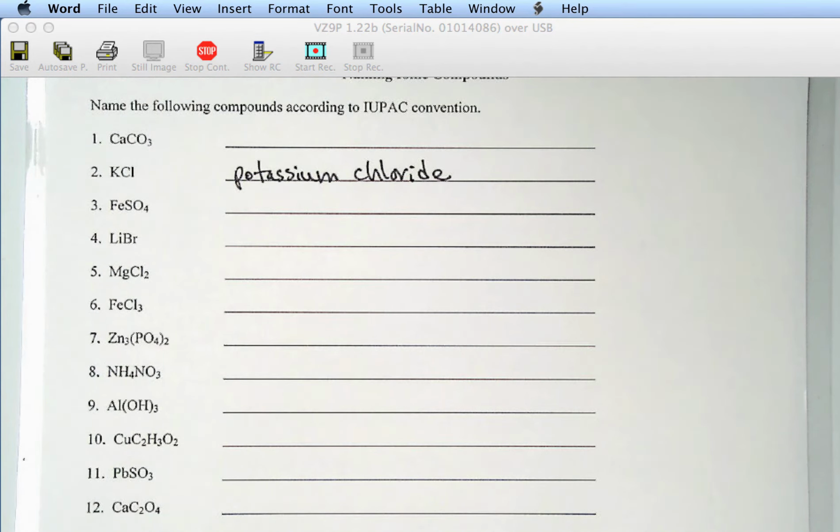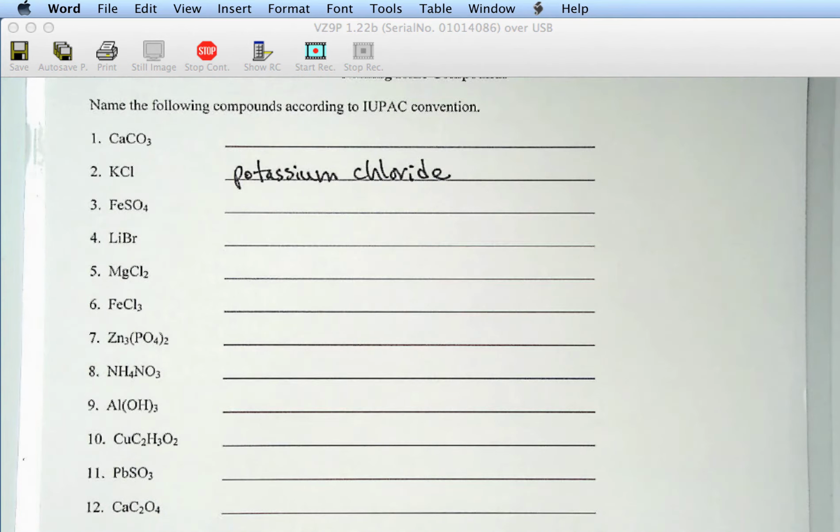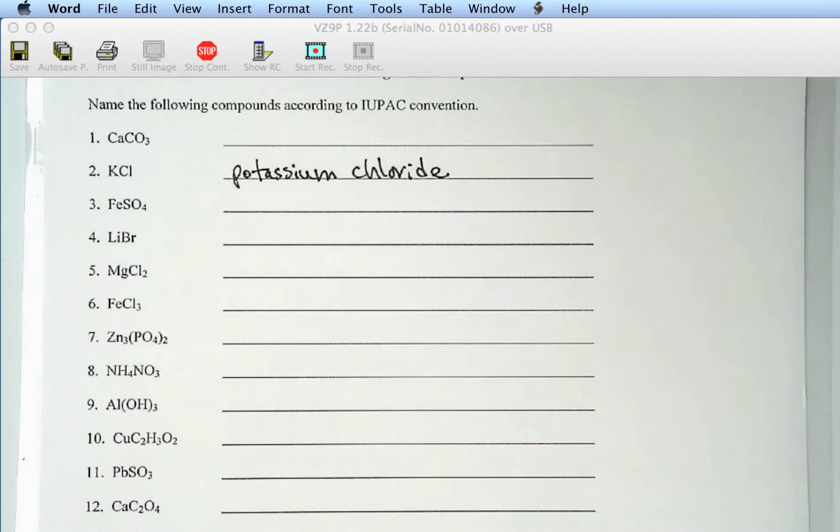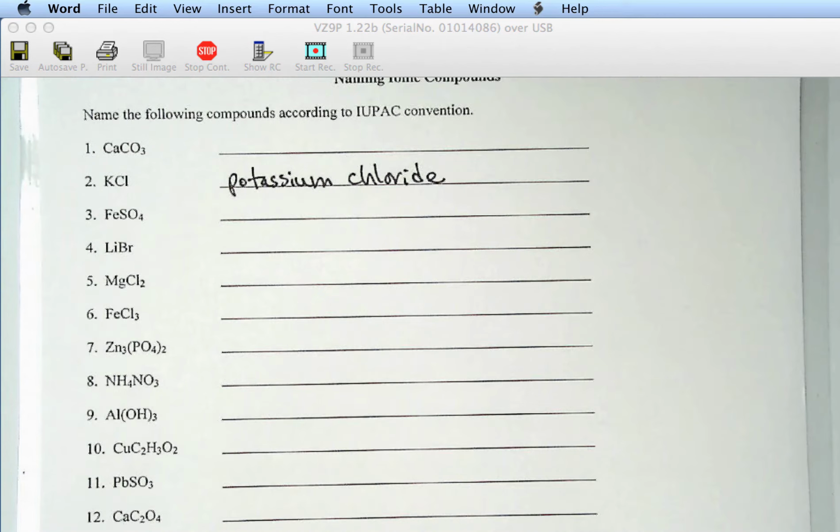I want you to be working on experiment 8. That is due the next time we meet. Experiment 8 is all nomenclature. So the whole experiment, not just the pre-lab? There is no pre-lab for experiment 8. Experiment 8 is a lab that can be worked entirely outside of lab, and it's all nomenclature practice. So you can do the first 3 pages. When you get to the 4th page, you might have trouble because the Lewis dot structures, we haven't gone over that. So don't do the 4th page, but do the first 3 pages.